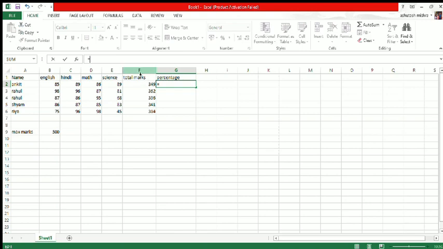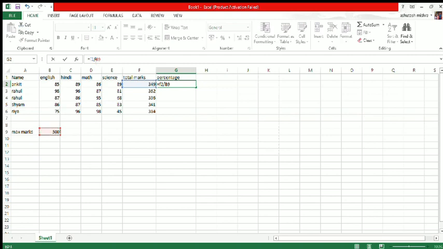Then we write the address F2, the symbol of division, and the value of maximum marks. What is the value of maximum marks? 500. And the address of this cell is B9. So you will write here B9.